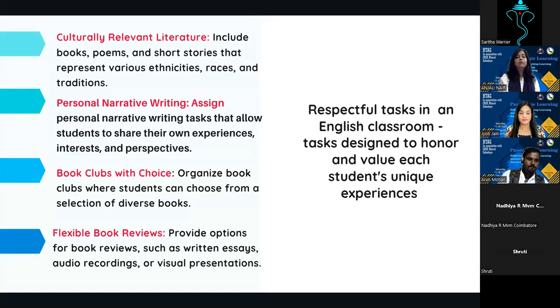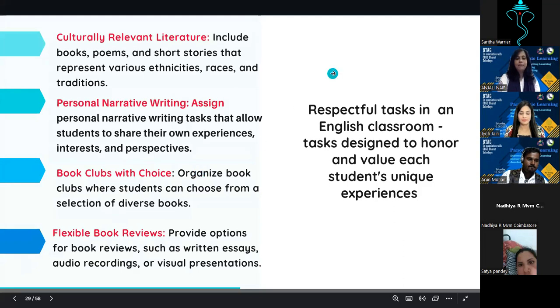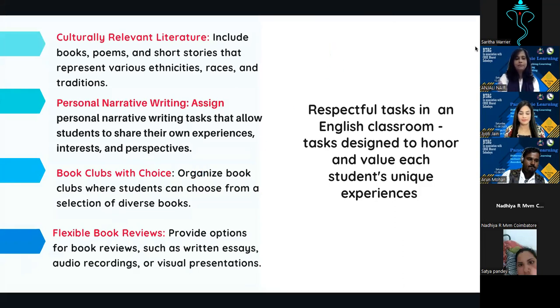So when we talk about respectful tasks, as an English teacher, I have shared some examples of an English classroom. What do you mean by respectful tasks? Tasks that are designed in such a way that you honor and value each child's uniqueness. So you will not design one task for all the students of the class. Your task should be respectful. Some examples I have given here. You can see the examples like